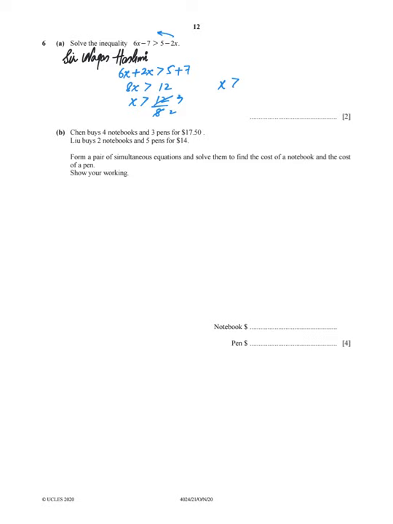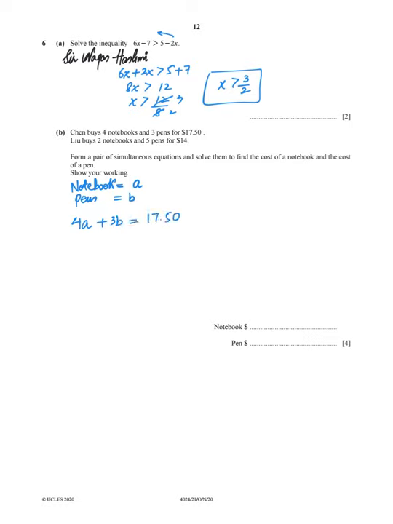So x is greater than 3 divided by 2. That is your first part answer. After that, Shen buys 4 notebooks and 3 pens for 17.4. So let's say that I'm using notebook as A and pens as B. So if I talk about Shen, he is buying 4 notebooks plus 3 pens for the price of 17